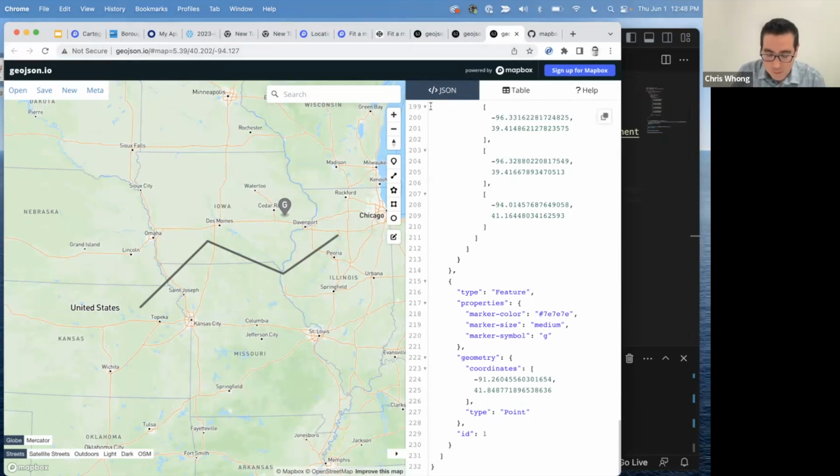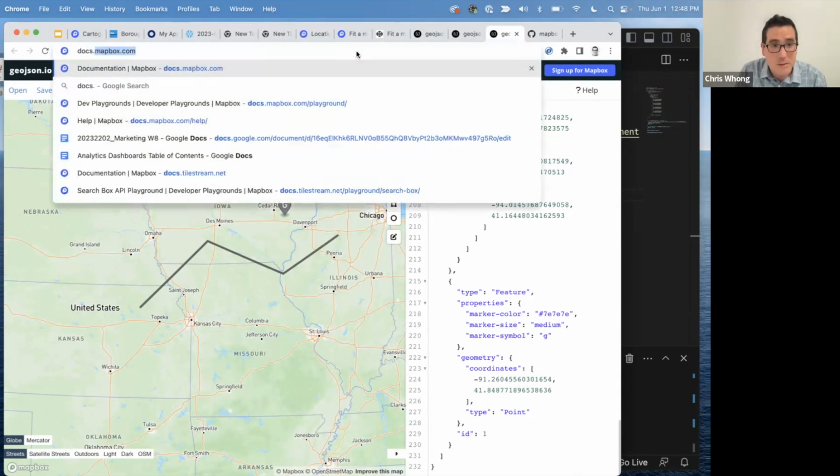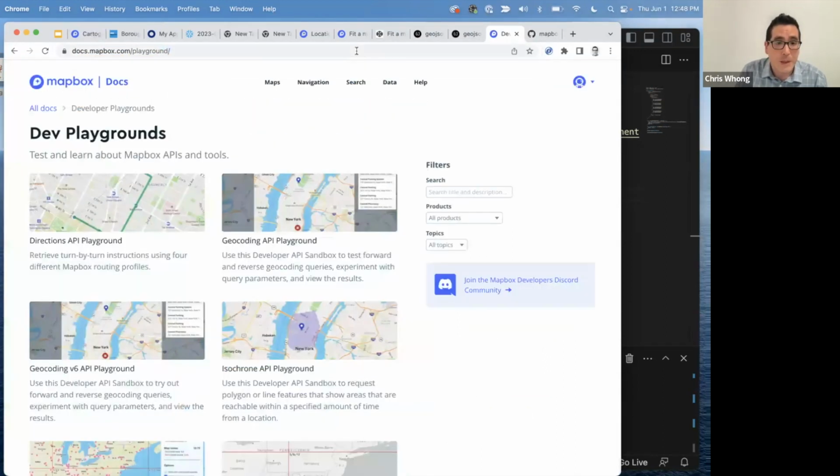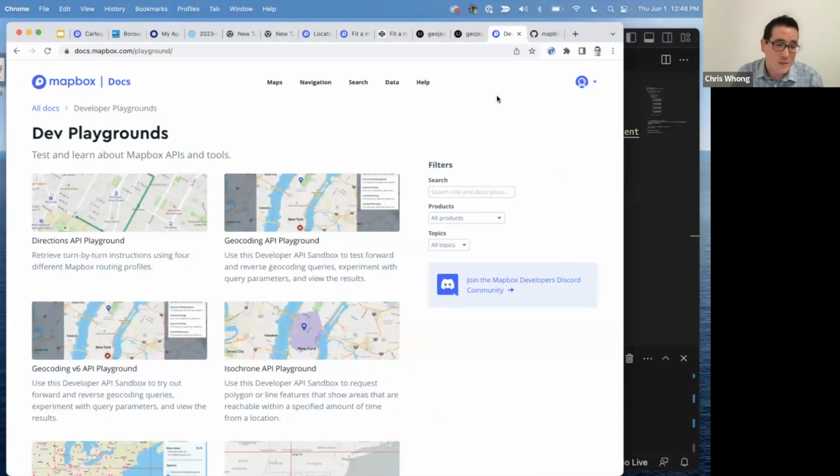Okay, so playgrounds. All right, let's go take a look at the developer playgrounds. If you go to docs.mapbox.com/playground, you'll see a large list of developer playgrounds. The goal of these is to help you grok and understand the Mapbox APIs in a graphical interface. They're not quite demos of what a full, well-designed end user experience would look like, but the API call itself is definitely a first-class citizen.